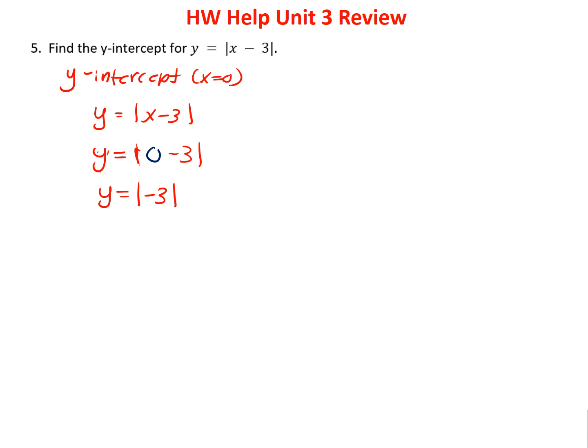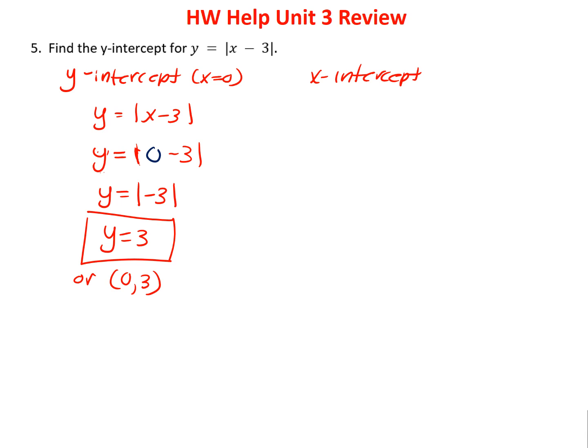Remember, absolute value is how far the number inside the brackets is away from 0. Always a positive number. So my answer is y equals 3. That's my y-intercept, or the point 0, 3. Okay. Now, if somebody asks you to find the x-intercept, and that's not the question here, you would have to say, okay, let's let y equals 0, and I would end up having 0